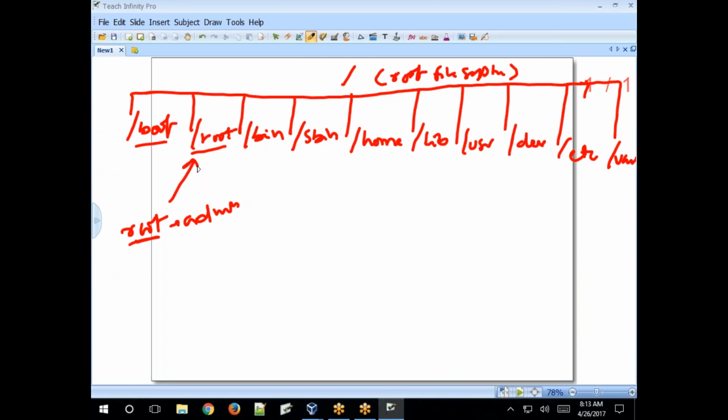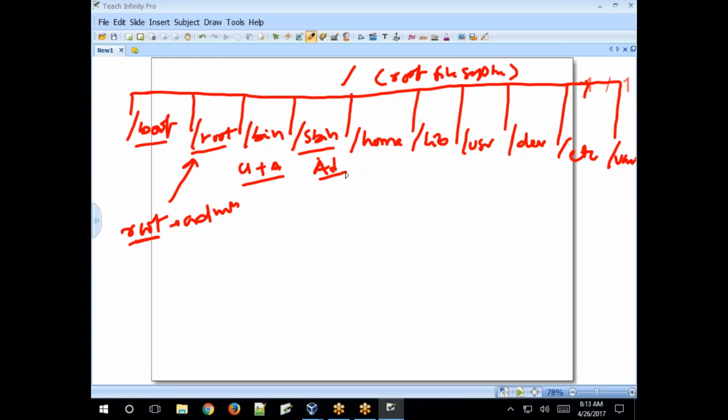Bin contains executables. Sbin also contains executables. Users plus admin can both execute the executable files, like commands, under the bin directory. Sbin is secure bin, so only the administrator can execute what is under sbin, the administrative commands.